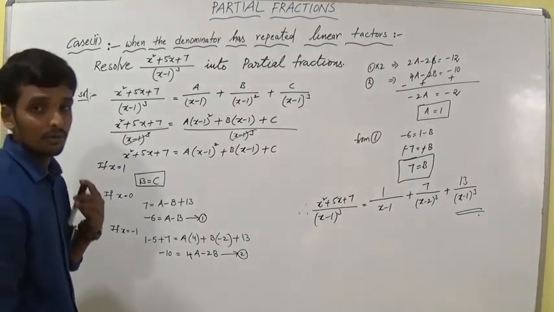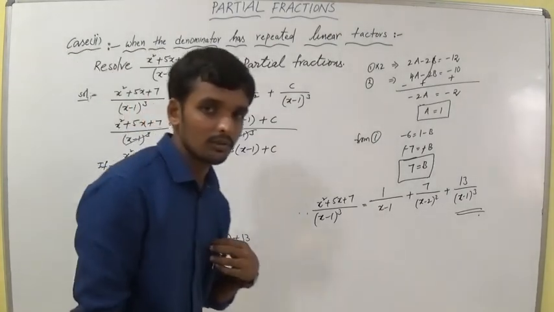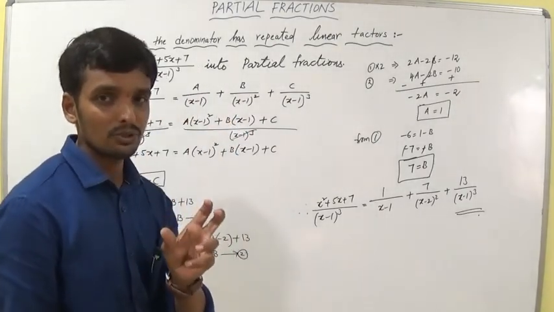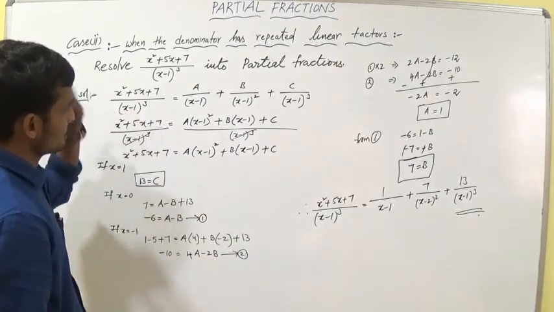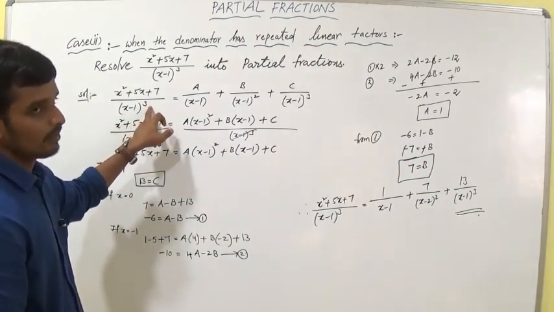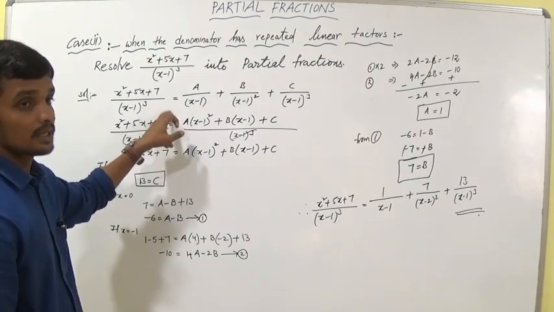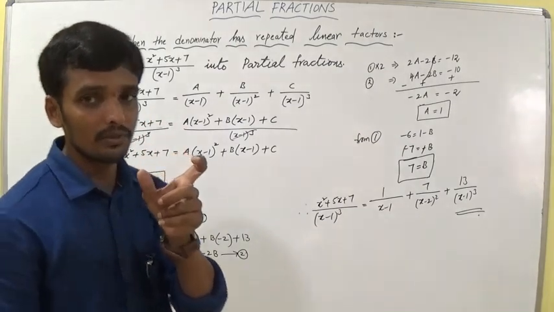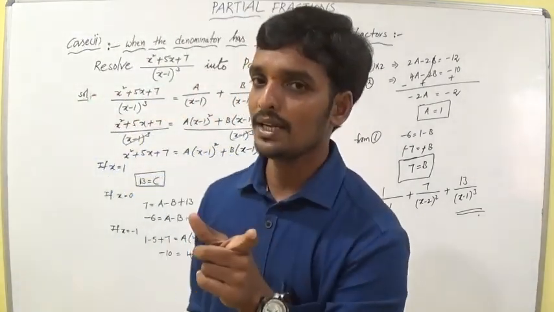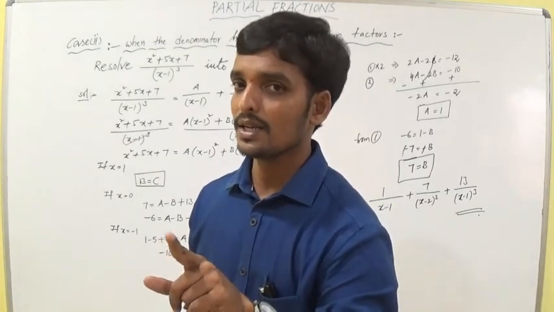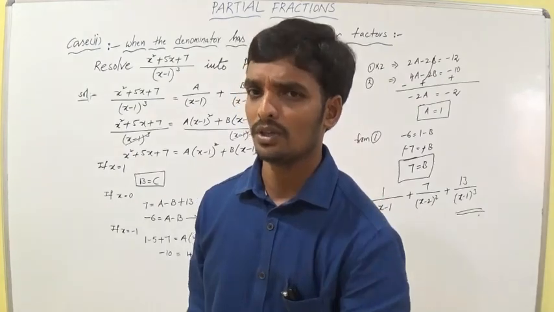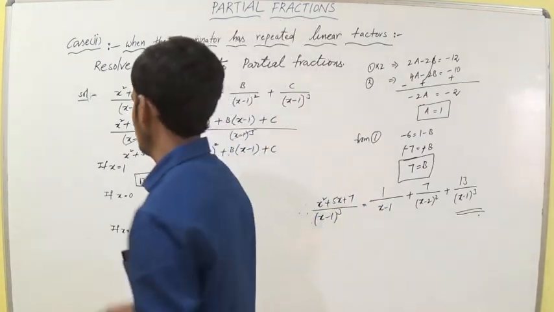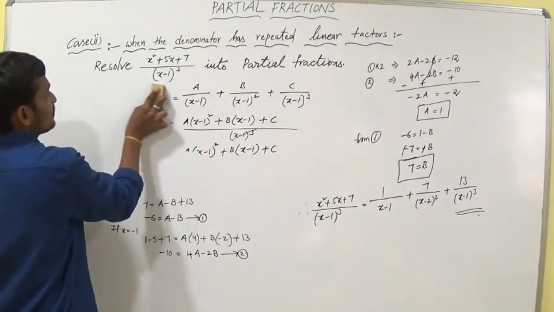So I will give you one problem, that is a mixed one. I did not tell you the mixed; I am telling you only repeated. In the previous problem, whole square. This problem, x minus 1 whole cube. This time we have repeated. We have mixed. Mixed means one is a linear factor and the second one is a repeated linear factor. We can solve that problem. Then we can go to case 3. Okay. Am I right?